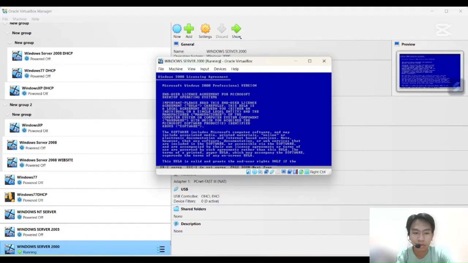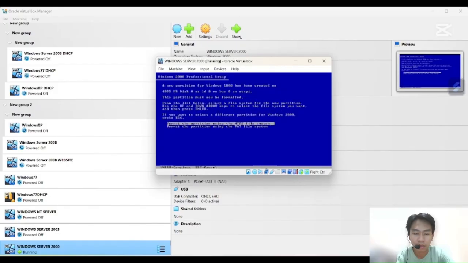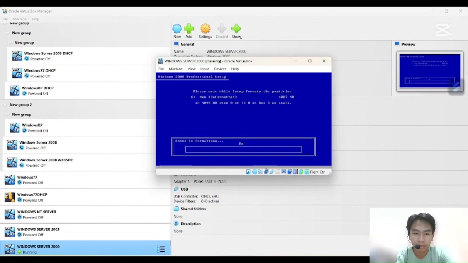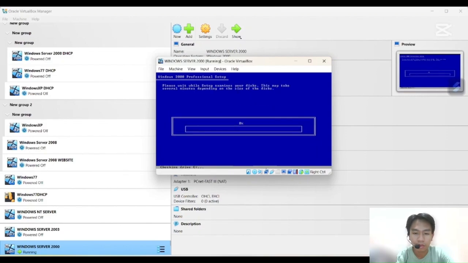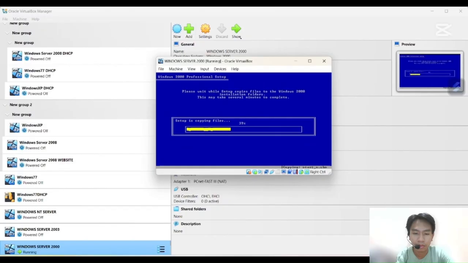Press enter, F8, enter, and just wait until it finishes formatting the storage.